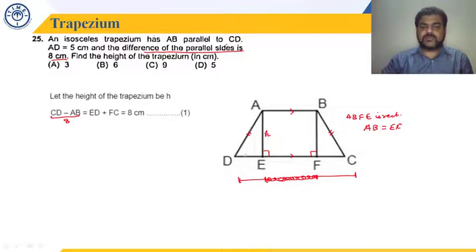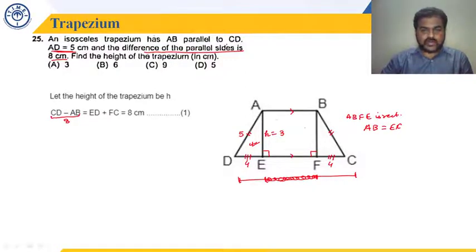And we had discussed in the previous slides that in case of an isosceles trapezium, these two will be equal. So if DE plus FC is equal to 8, then these two are equal, so they must be 4, 4 each, right? And the length of AD is 5, that is given in the question. Length of AD is 5. And this is a right angled triangle. So using Pythagorean triplets, can I say this H must be equal to 3, okay? Because 3, 4, 5 is a Pythagorean triplet. So the height of the trapezium is 3, fine.